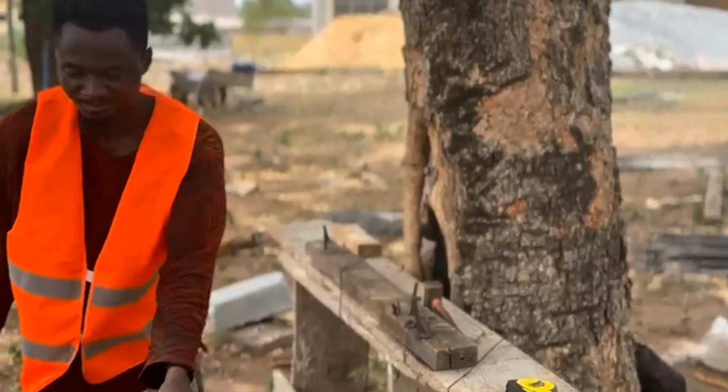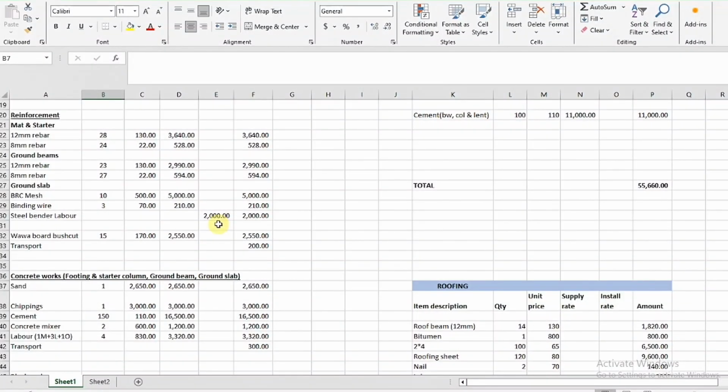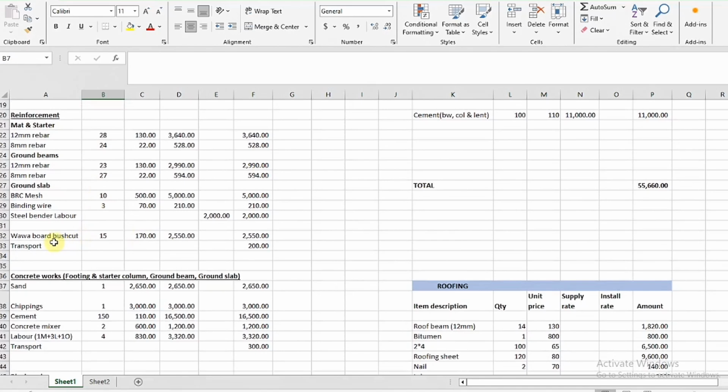Some of us are very good at bargaining, so these prices can also come down, and some can also go high if you don't really have much idea about the construction. Because they know you don't have much idea about it, they might start with a very high rate, but you have to make sure it's very economic. So once we are done, these are the reinforcements you'll be needing for the foundation,